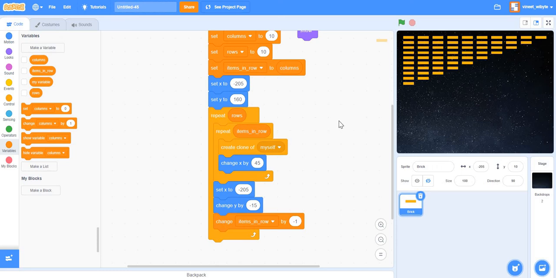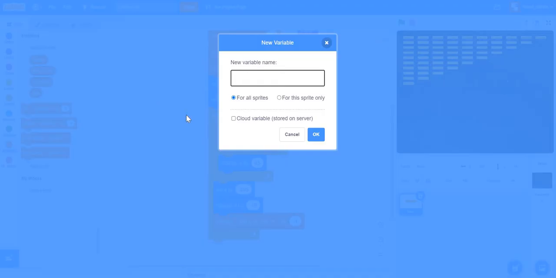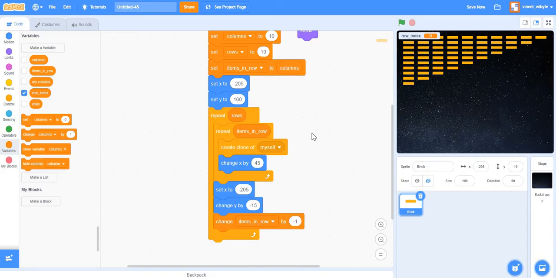So for doing this, I'm going to create a new variable called, let's say, row index. So row index is going to keep track of which row I am in right now. Notice my rows go from first row, second row, third row, and so on.